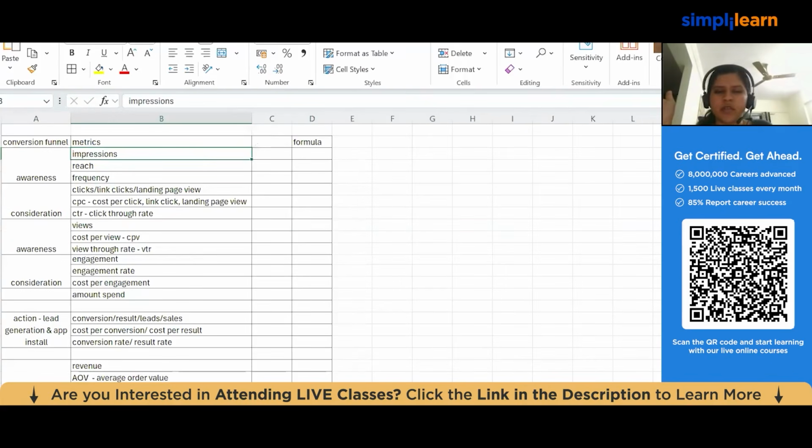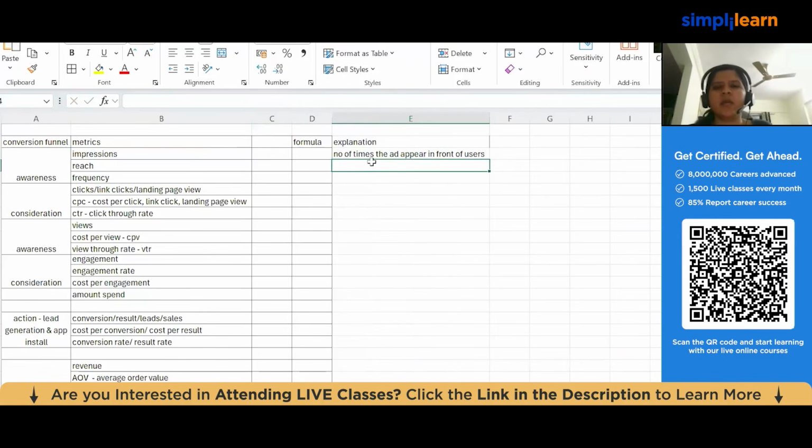The first thing is impression, guys. Okay, now what is impression? Impression is nothing but, I'll write an explanation over here. Number of times the users see the ad. Number of times the ad appears in front of the users. Okay, basically